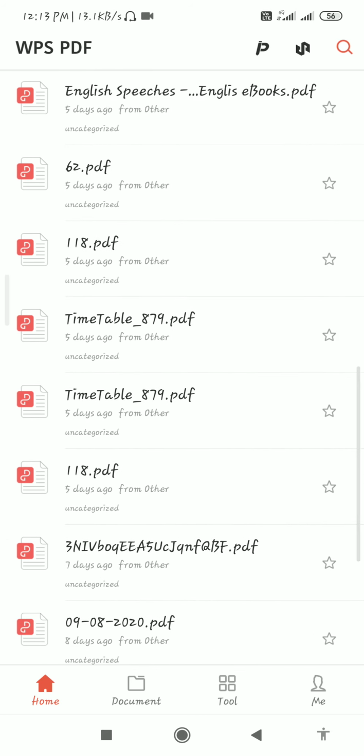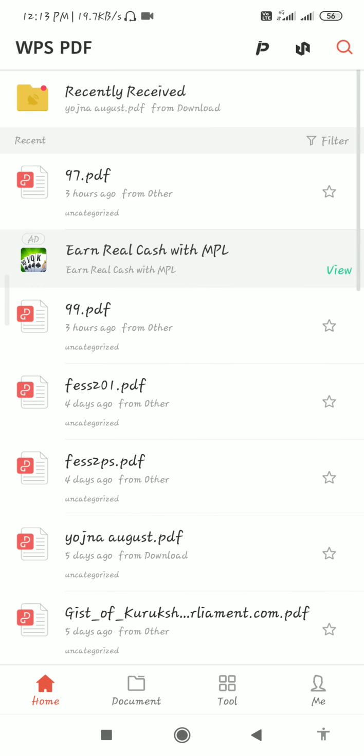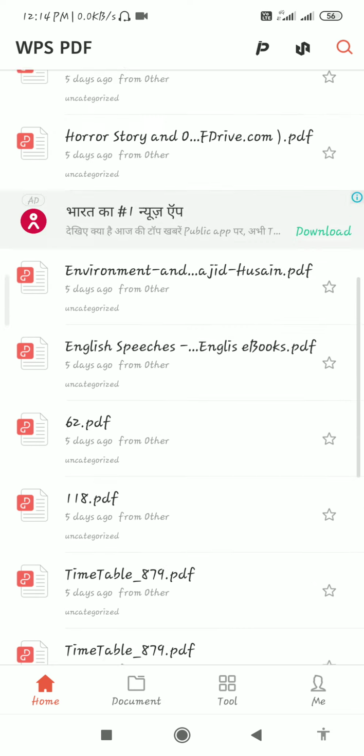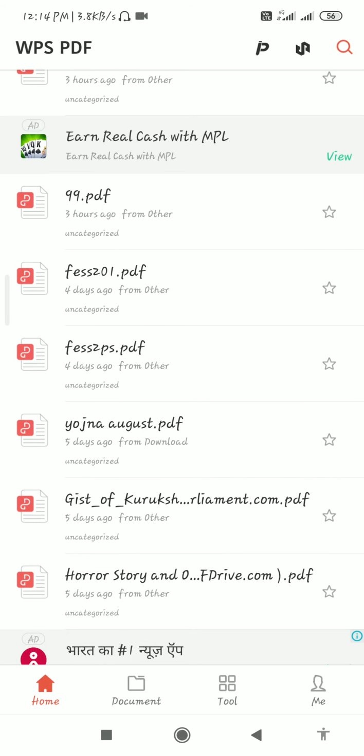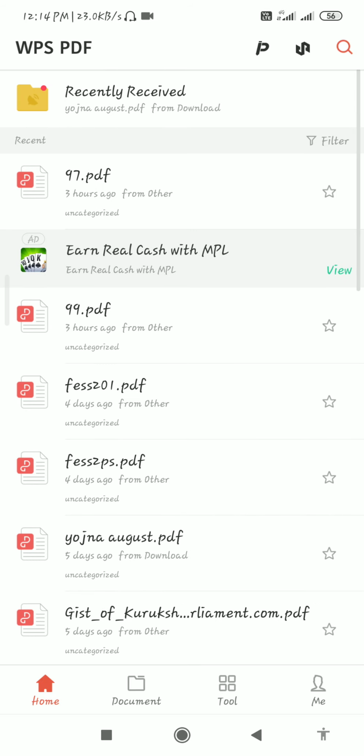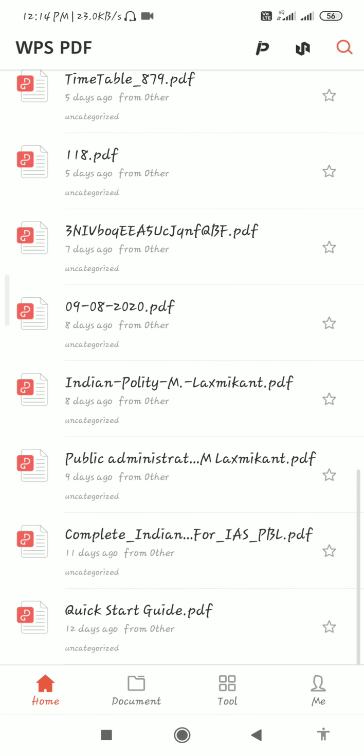The first option is the home option. You can easily find your previous PDFs, which you have read in the past. You can see here my past read PDF files.